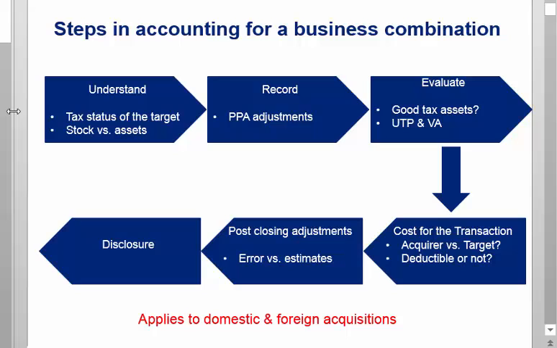Okay? And then almost without exception, the biggest piece of what they allocate their purchase price to will be Goodwill. But the core fact is that the accounting team will take the purchase price, allocate it to the assets, and basically take the acquired company's balance sheet and put it on a fair market value basis. Okay, pushing down the purchase price to the assets.